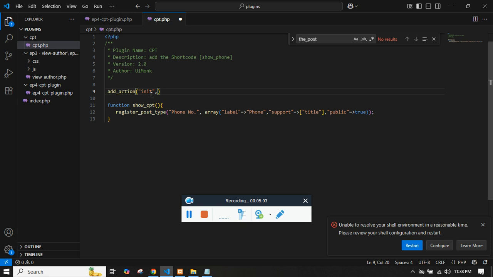I want my custom function to load. As said, init is a process where WordPress is about to run your themes and plugins. Before running your themes and plugins, it will create an environment to run them. So at that time, you are